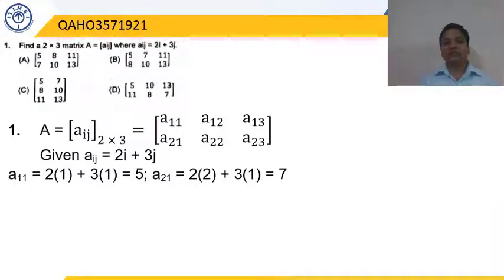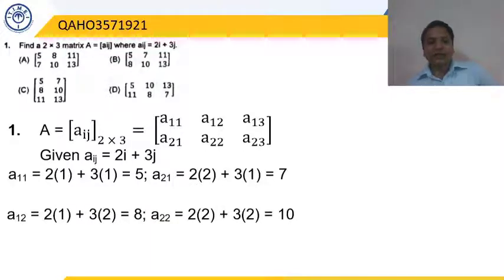We had only one choice in this parameter. In the examination, if we have done this much of the part, our job is done, because A11 is 5 and A21 is 7 only in option A. No other option has the same values. So we will not proceed further in the exam. We will stop the question there, mark the answer and move forward. But let's check what the other elements are, just for understanding.